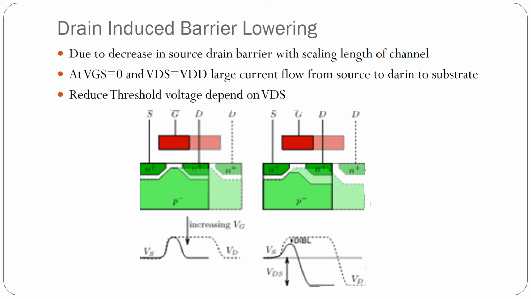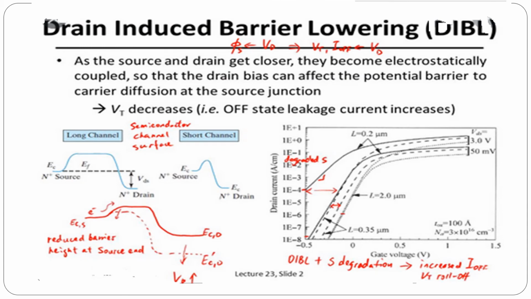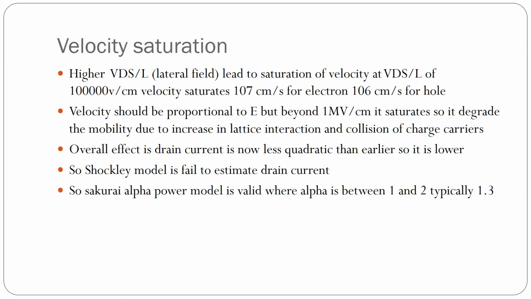So that will degrade the performance. Now velocity saturation. As I told you, VDS versus L is linear, but because we have increased the doping concentration, the VDS and L relation is not linear, and it becomes constant after some value of VDS. As a result, velocity will not increase further even though we increase VDS. That is called velocity saturation.